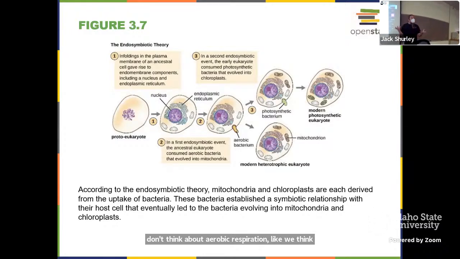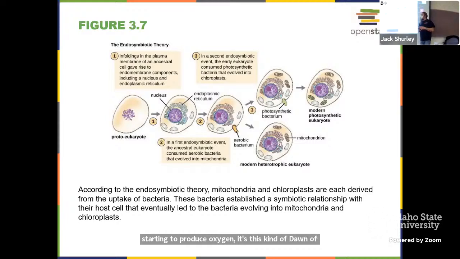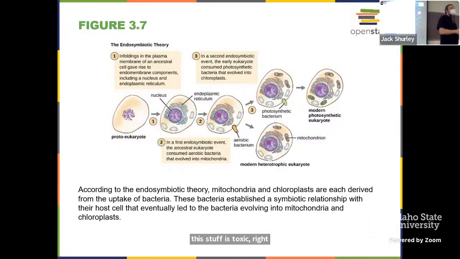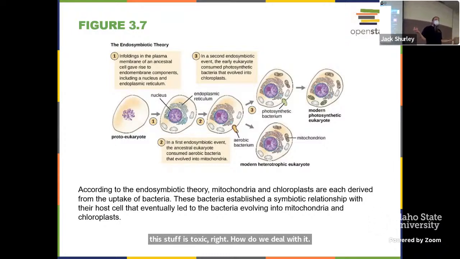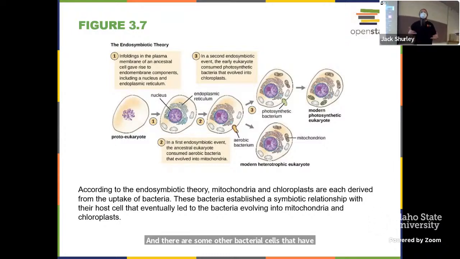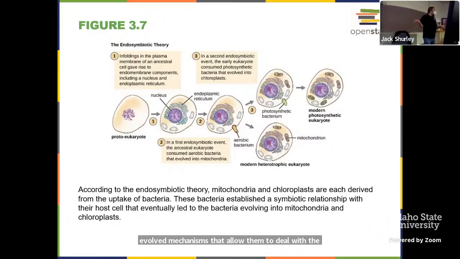But there were some cells, some bacteria, some cyanobacteria that were starting to photosynthesize, starting to produce oxygen. It's this kind of dawn of the oxygen revolution. And now as oxygen is accumulating, lots of cells are in a situation where this stuff is toxic, right? How do we deal with it? And there are some other bacterial cells that have evolved mechanisms that allow them to deal with the oxygen and to utilize it as part of their electron transport chain, and they can maximize the amount of energy that they